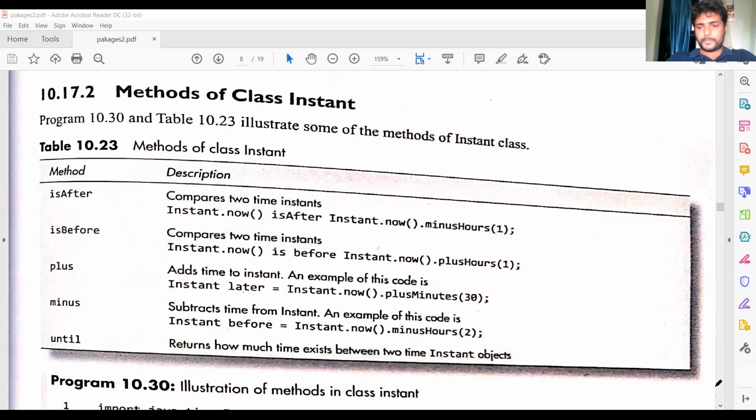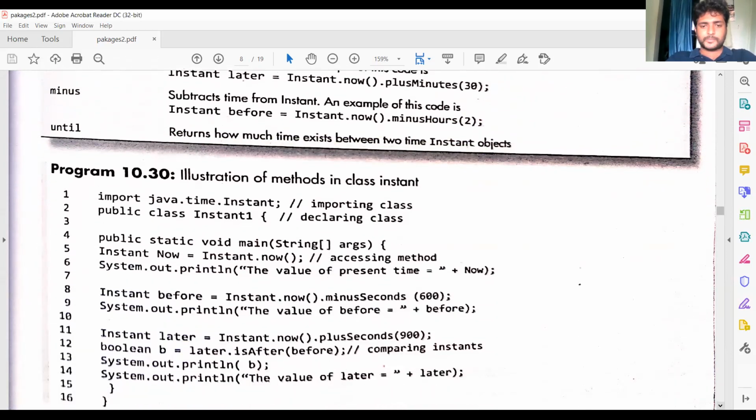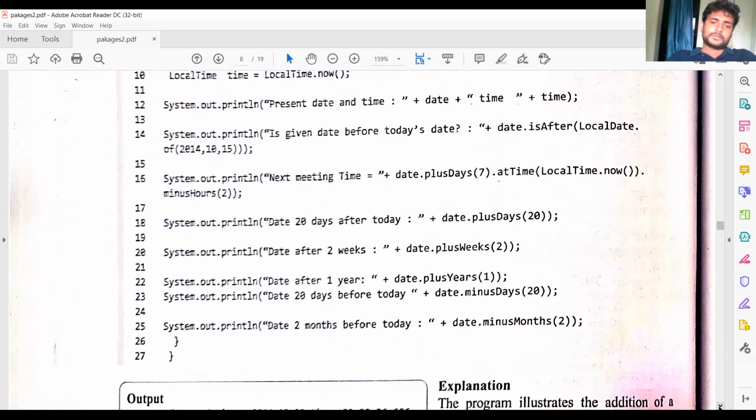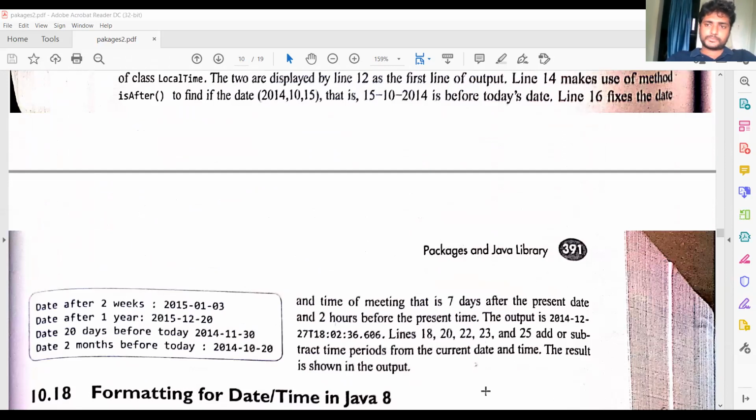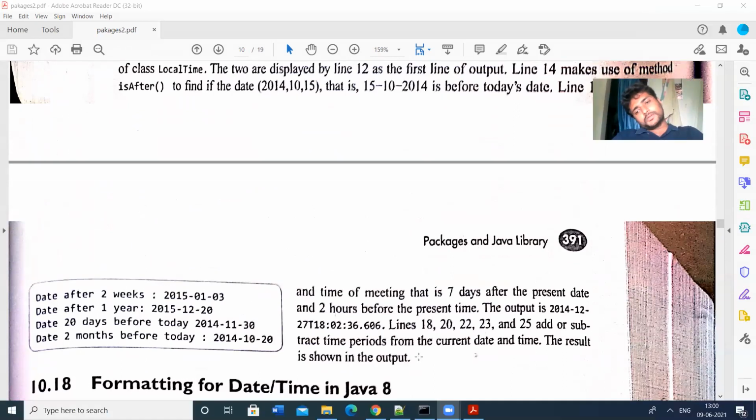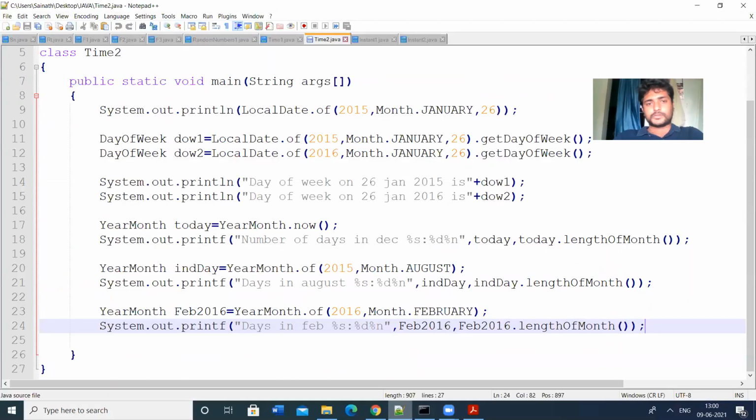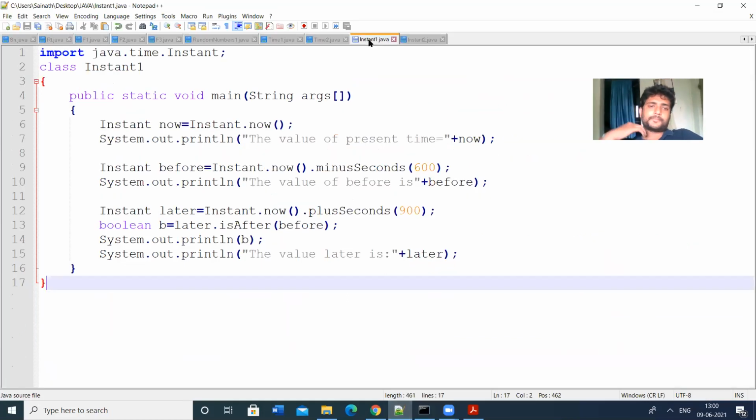Let us see some programming illustrations. This is the program to illustrate the concept of the Instant class. Instant is a class available in the time package.